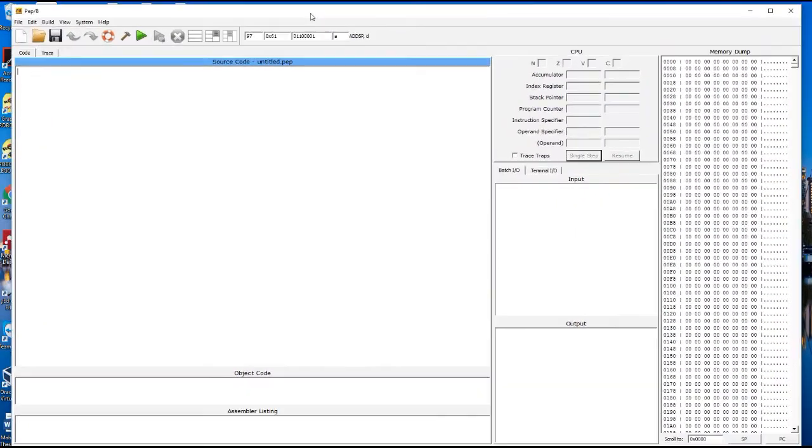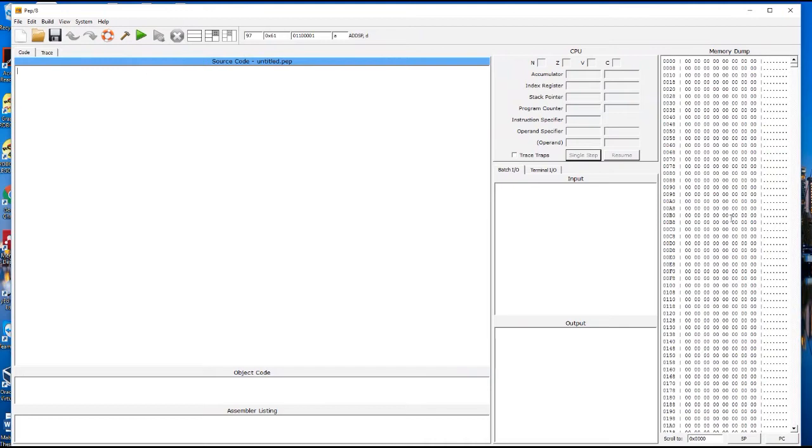Make sure that you always click on this button here to see what is in your dump memory, or to check what is in your memory dump. Anyways,